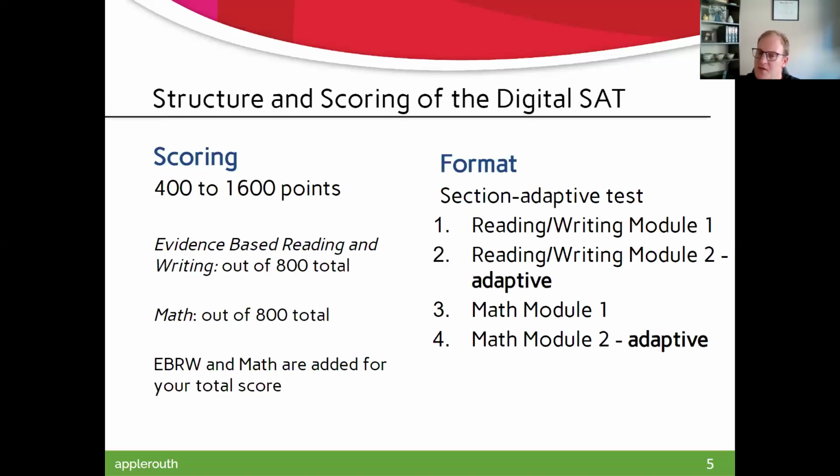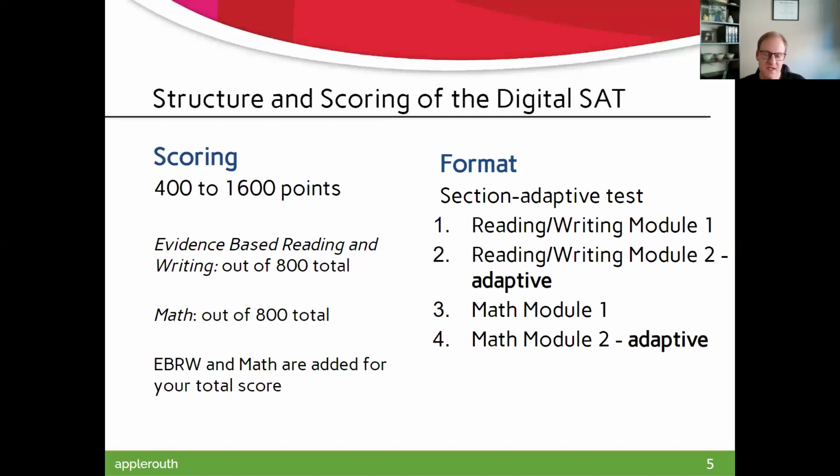So first, here's the scoring of the SAT. It's usually the first question I get: what's a good score, or how's the SAT scored? The what's a good score question is impossible to answer because it depends on where you start and it depends on your goals. But the SAT is very much a test of effort and can be improved. You can boost your score through time and work.